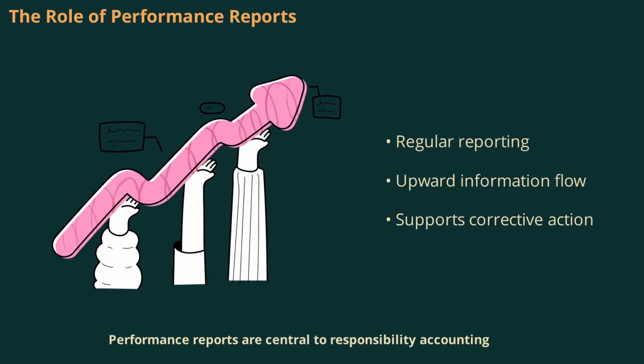Performance reports are central to responsibility accounting. They are issued at regular intervals to inform managers about deviations from budgets. These reports not only compare budgeted and actual results, but also show how well managers control changes in activity. Reports typically flow upward in the organization, with each manager receiving detailed information about their own unit and summary information about units under their control. This structure ensures that both lower-level